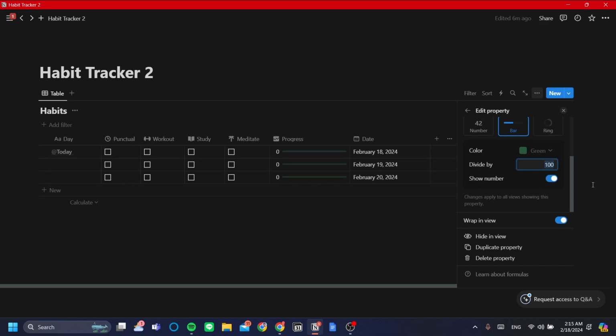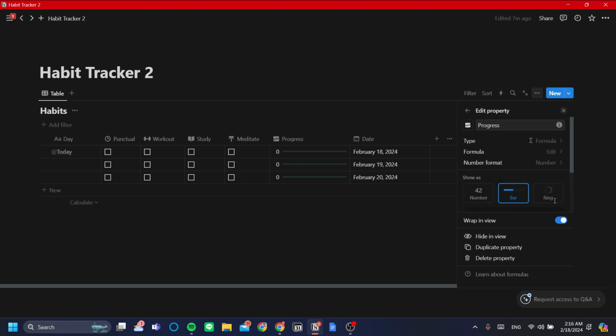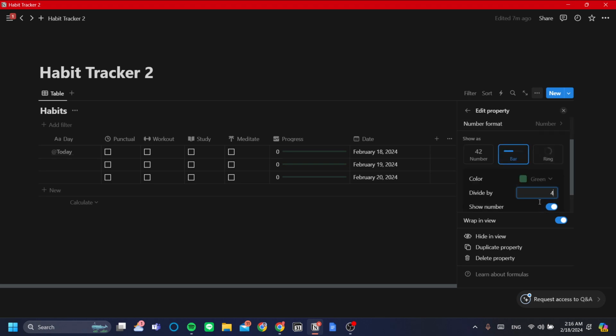And in the divide by, the general idea for Notion is that it will be 100%. So that's why it's divided by 100. But in this case, since we only have 4 habits, let's just divide by 4. So you need to divide it by the amount of habits that you want to